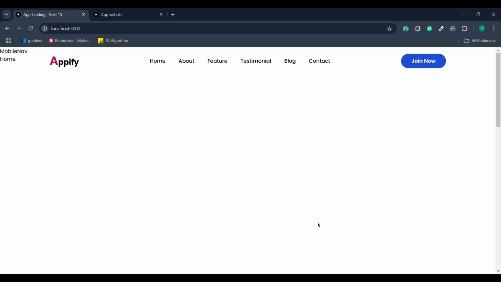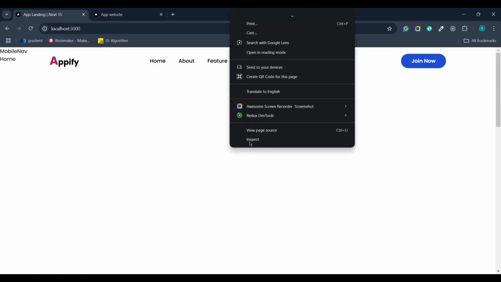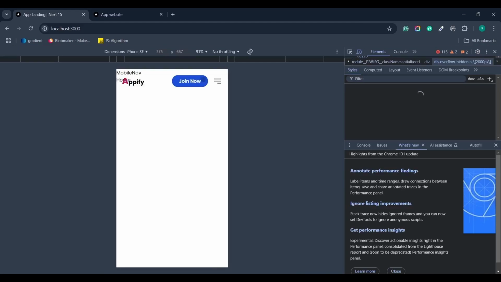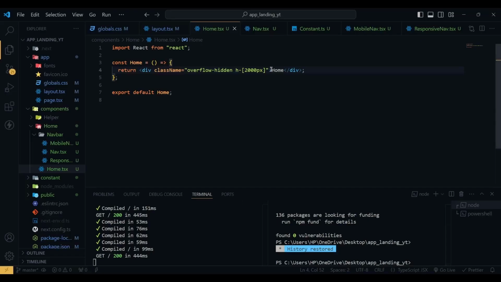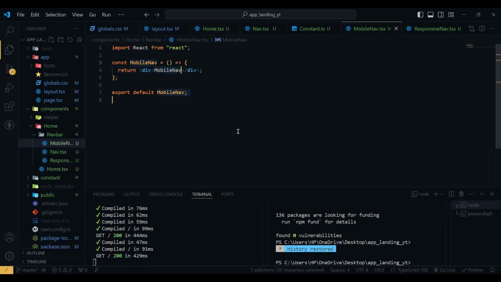Next we need to build the mobile nav bar. So if I inspect here you can see we have our nav menu and we have our logo, our join now button. So now let's go here, just remove this text home because we do not need it, and then go to the mobile navbar, and in mobile navbar,